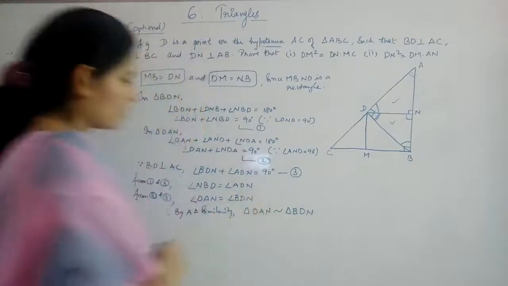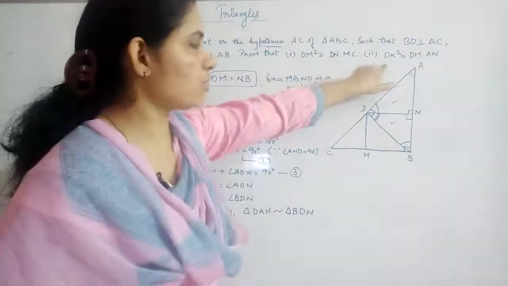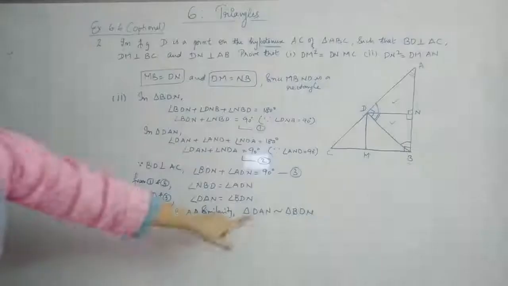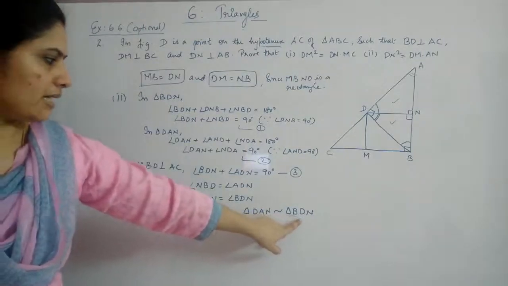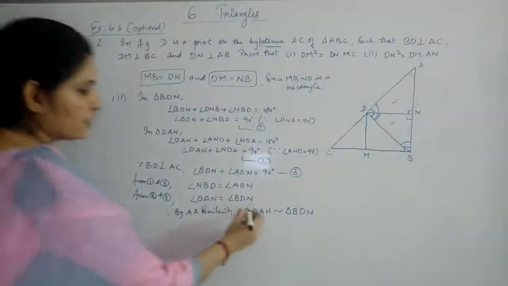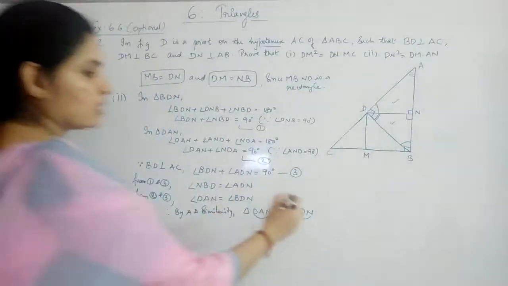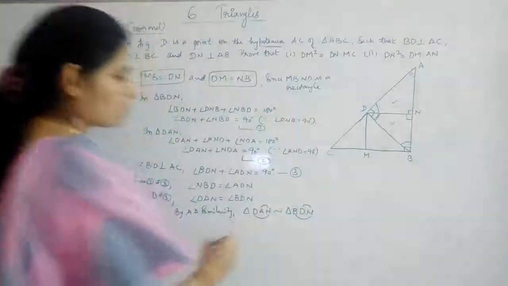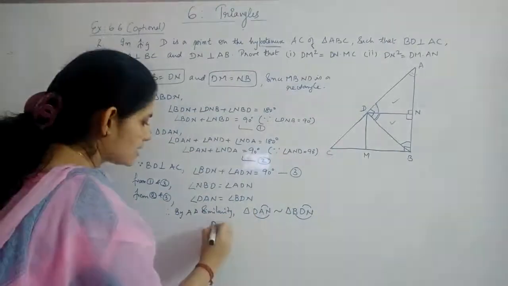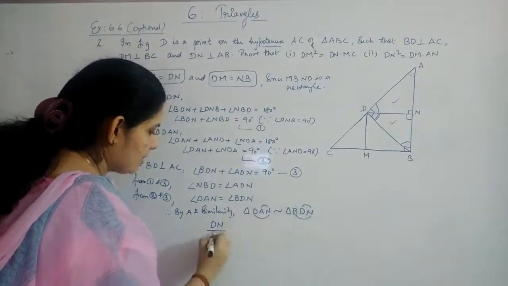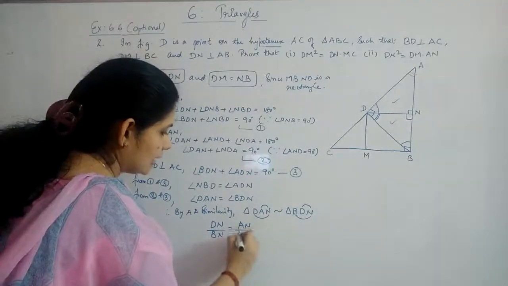Okay. Now what we need, you just see for the second part, you need DN 2 times. That means DN, when you are taking DN here, it will be DN here. Okay, so when you take DN, it will be BN here, and again you need that DN means this one. Okay, so AN and DN will be giving you the result. So first you will get DN by BN is equal to AN by DN.